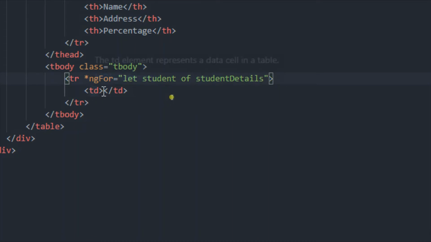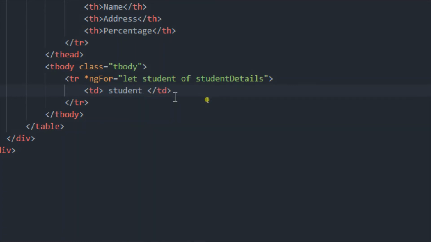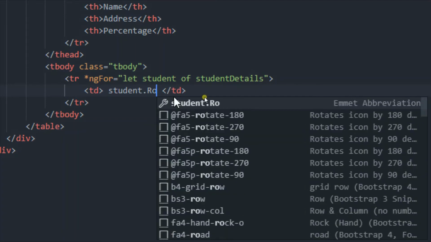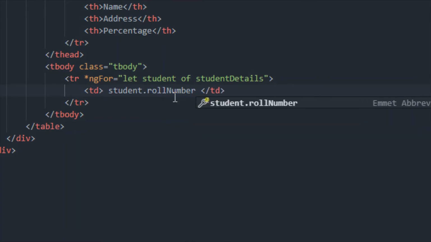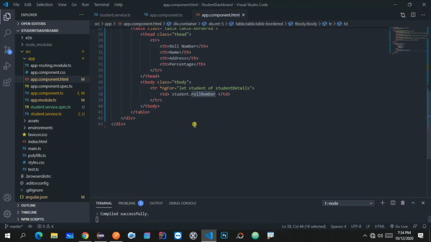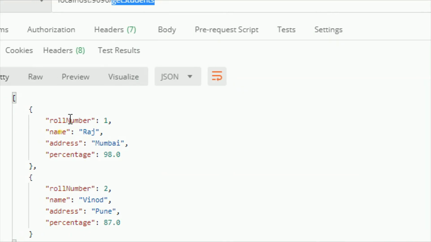Now inside this td we just need to bind all those values. In the first td let me write student.rollNumber, like this. This student must be the same as this student, and rollNumber must be the same as the response or variable name that we have given in the backend.